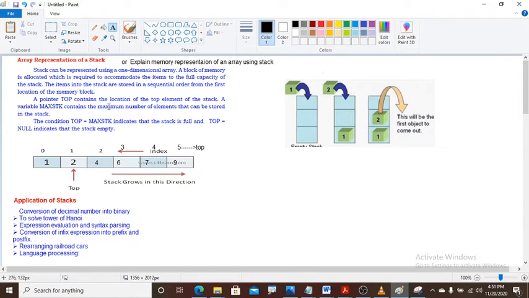6, correct? That means the maximum number of elements that can be stored in the stack. So 5, we are taking here the position, max of stack minus 1. We are considering it like that. So the stack is full in this. We cannot add a value in this. Okay, 5 equal to 5 it will come.